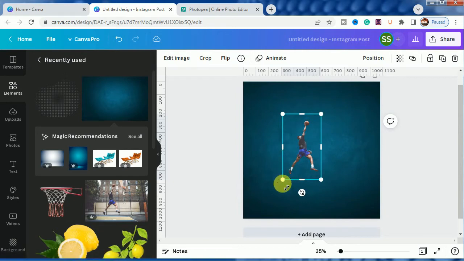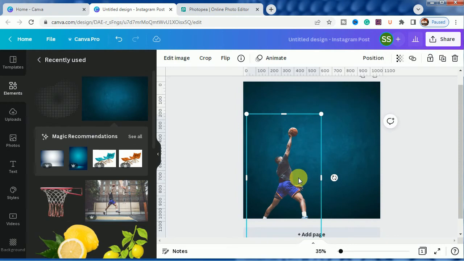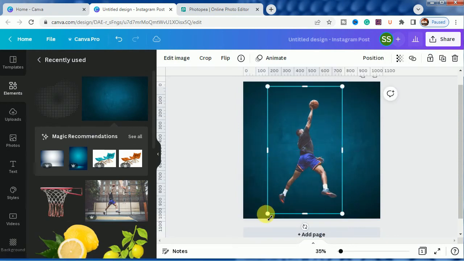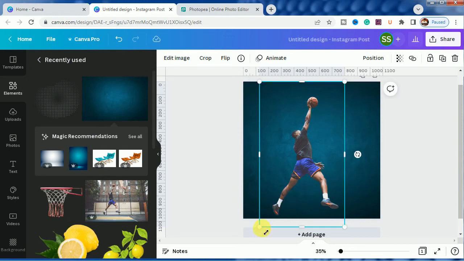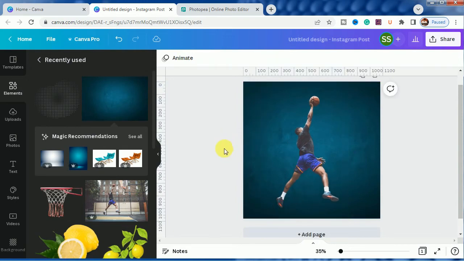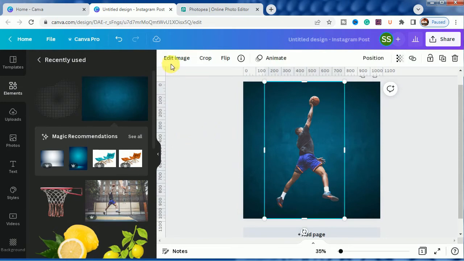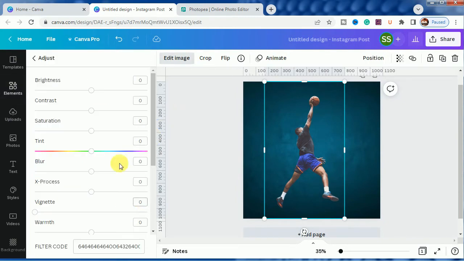Okay, so let's now make this bigger. Okay, so now I will just work on some adjustments. So we will go to see all, increase the brightness, increase the contrast. Okay,